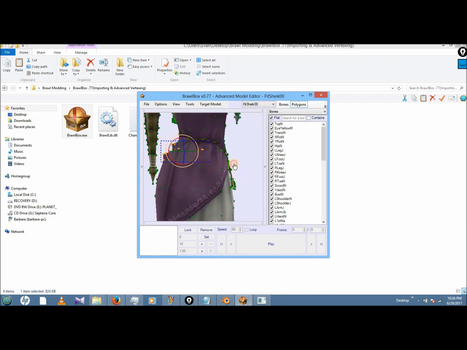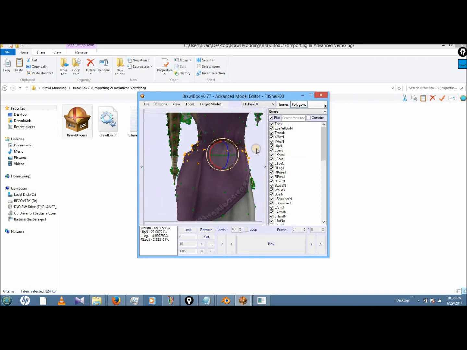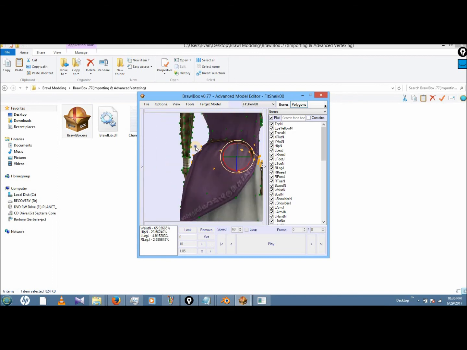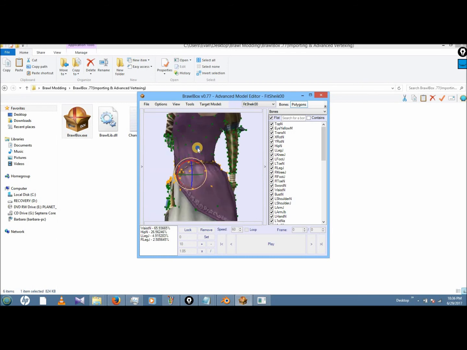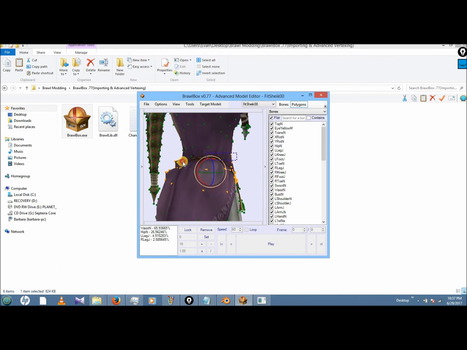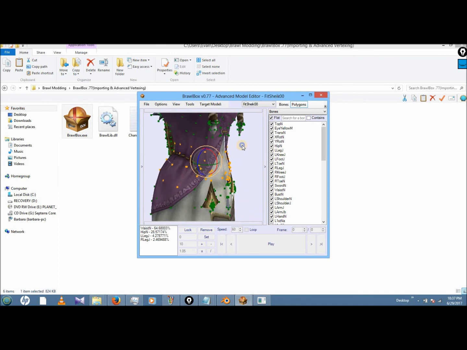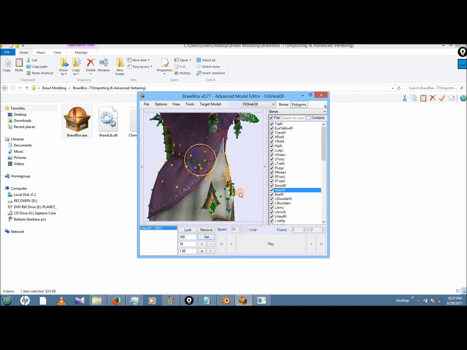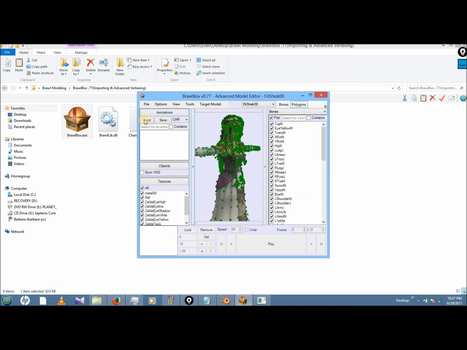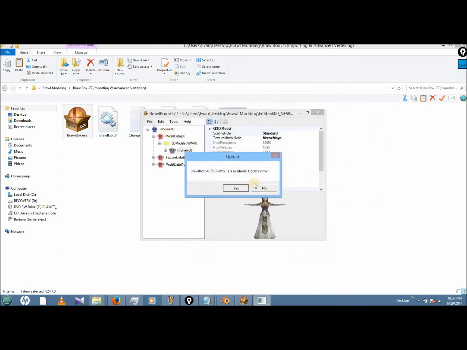So I want to rig all of that to the waist. And then I'll test this out.